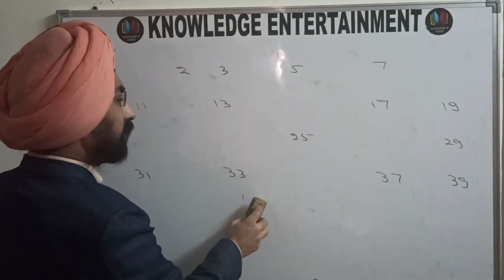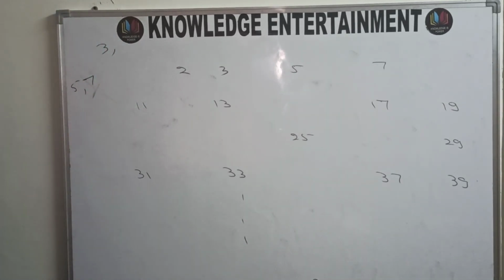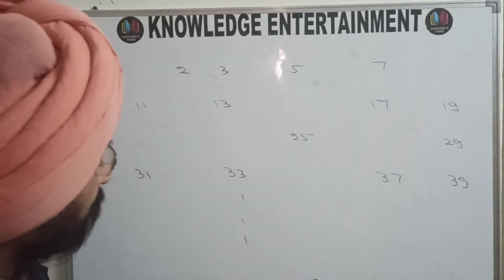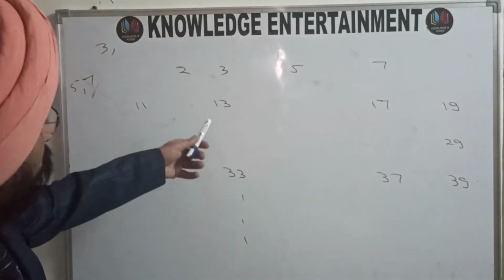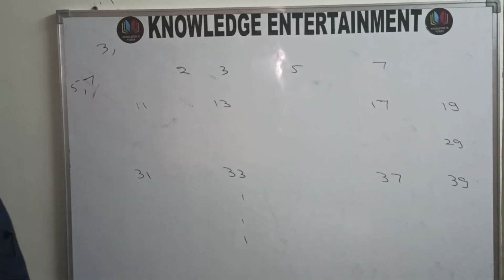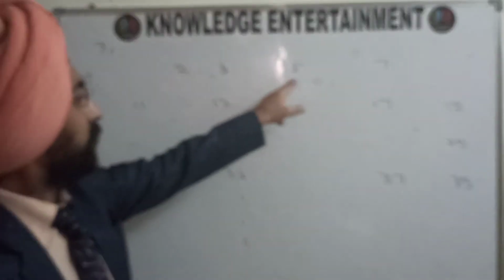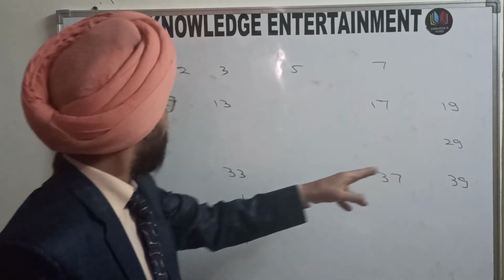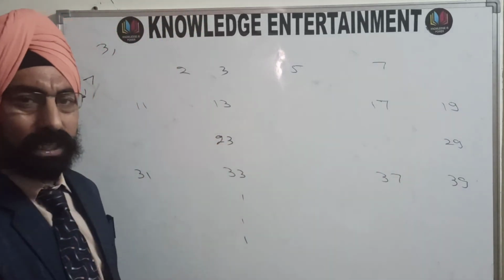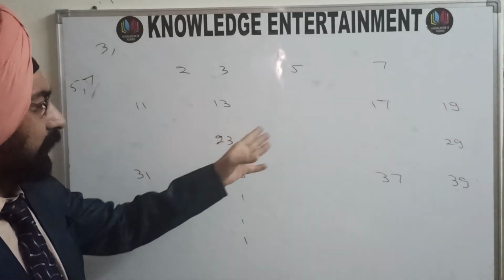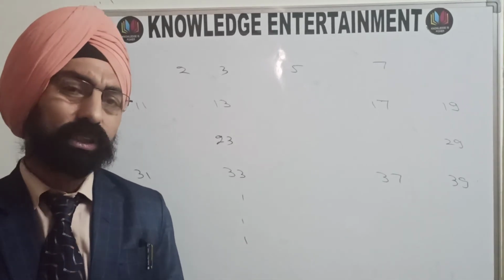Then 5 is also a prime number in this list, sorry, so the multiples of 5 will also be removed. This list will be removed, and 0 is already removed. So now you are left with only the prime numbers between 2 and 100. These are 2, 3, 5, 7, 11, 13, 17, 19, and then 23, and then 29, and so on. You can find all the prime numbers by using the sieve of Eratosthenes.